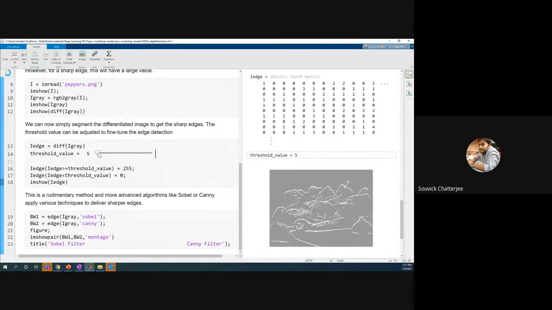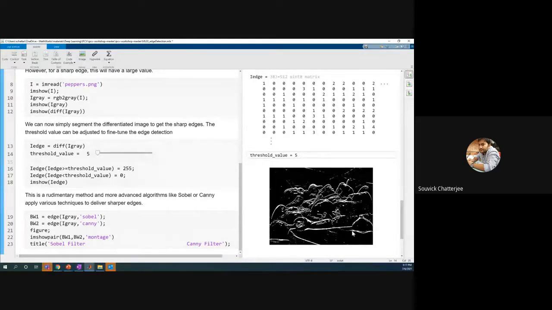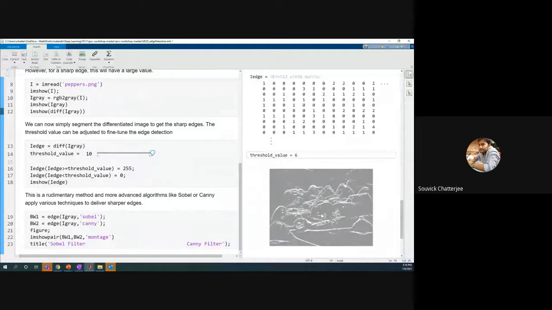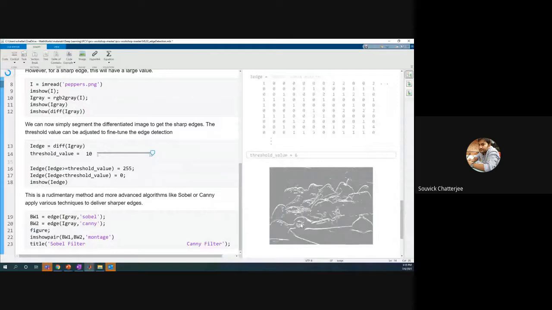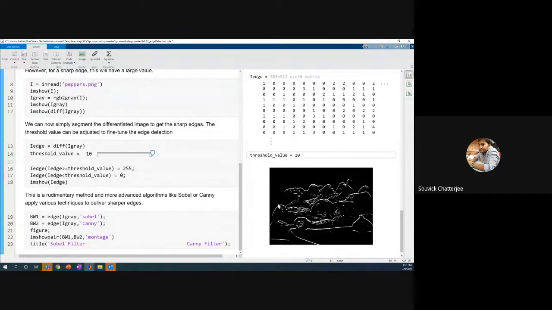If I change the thresholding value to 5, you can see how the thresholding looks. If I increase this slider all the way to the right, you can see how the image looks after the thresholding. Once this is done running, you can see how the changes occur if you change the thresholding value.